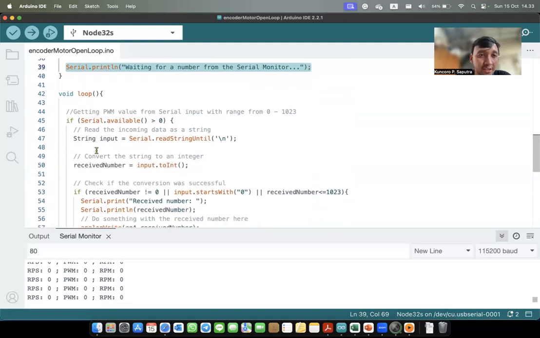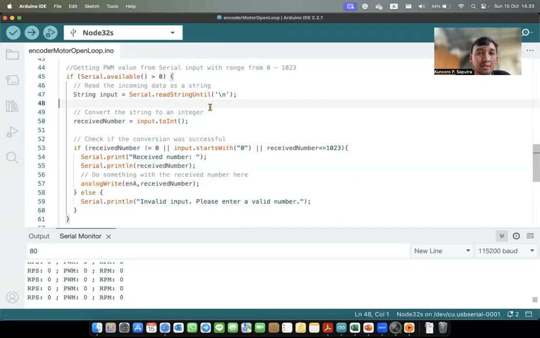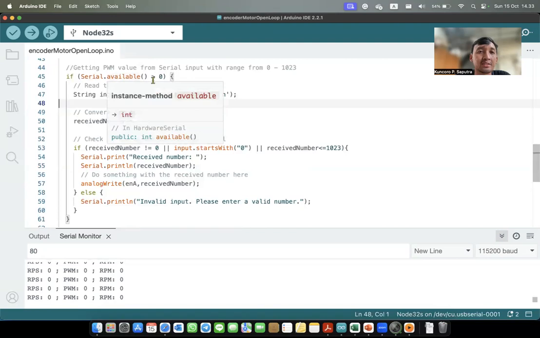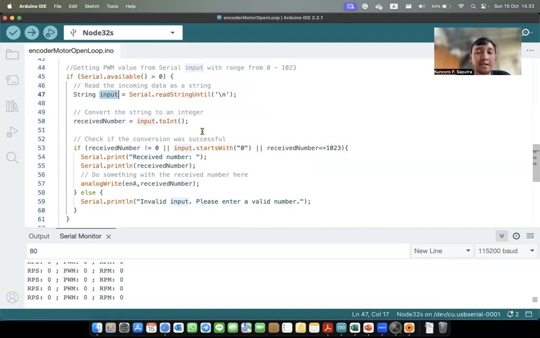In the loop function, we can see that this block is used to get the data from the serial command or serial monitor. If there is any data in the serial buffer, so Serial.available is more than 0, we read the data as an input and convert it to integer type.